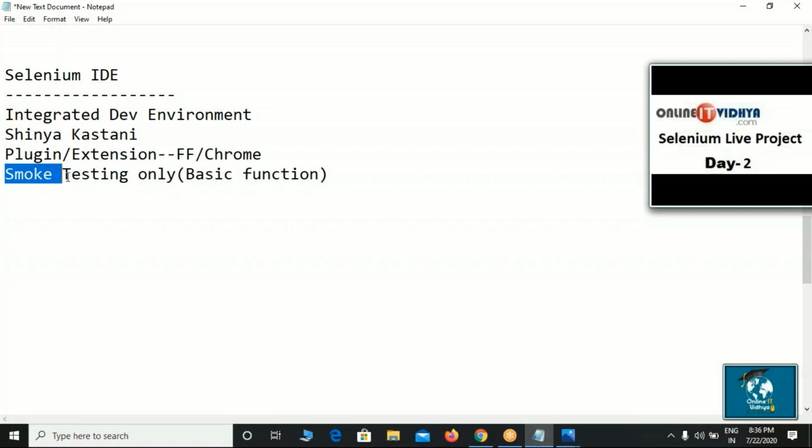Once again, it is used to perform smoke testing on the project. And by learning only IDE, we are not able to test the entire project because IDE has more limitations, only checking the basic functionality. And checking basic functionality in testing terminology is called smoke testing. Next one, everyone,